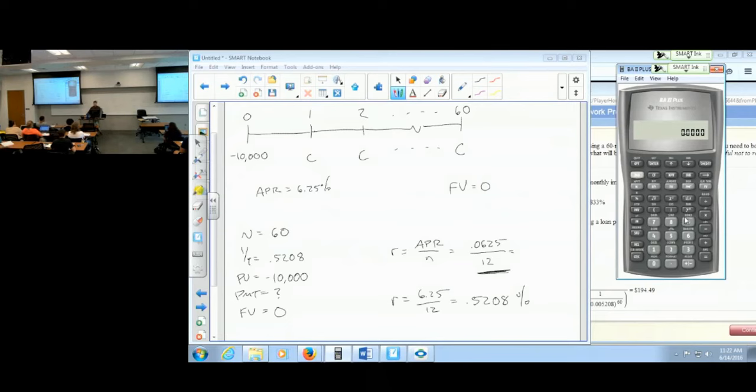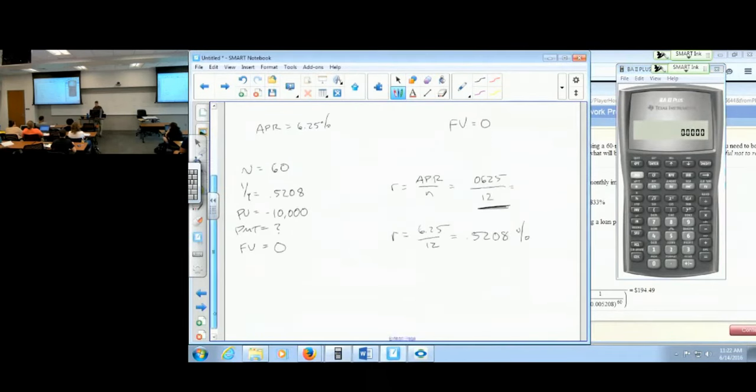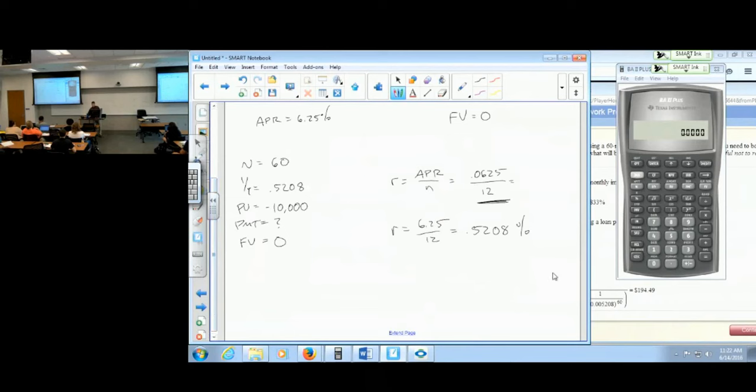All right, clear out the time value keys. What I want to do is hit the second key, which is right above the N, and then clear TVM, which is right above the future value key. So second